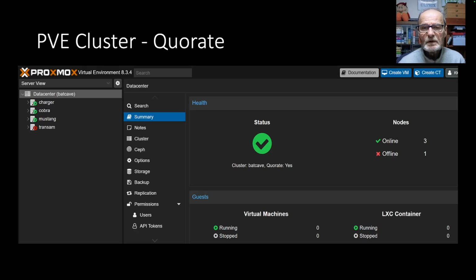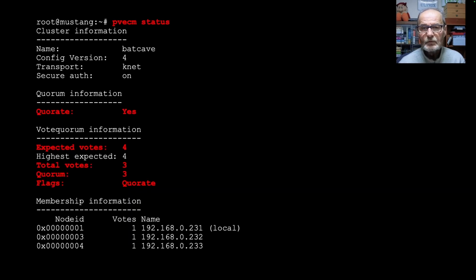Now, as mentioned previously, we also have a really powerful command line interface, which I'm not going to cover now, but I'm just going to show you a couple of commands. PVECM stands for Proxmox Virtual Environment Cluster Management, and we've got a status argument that can go with that command, and it comes back and it tells us